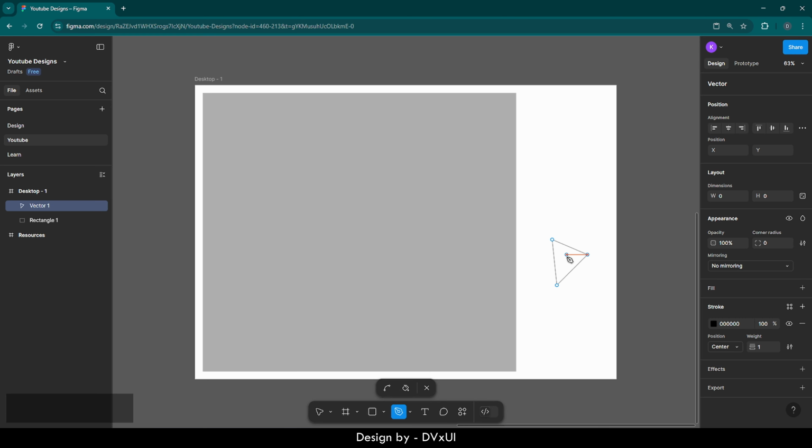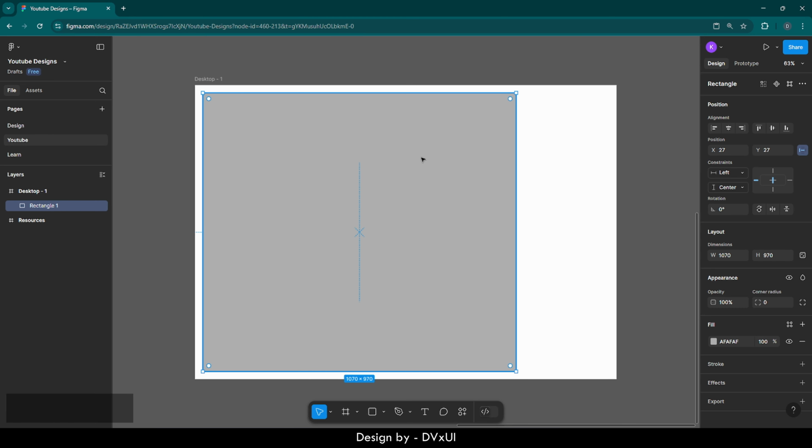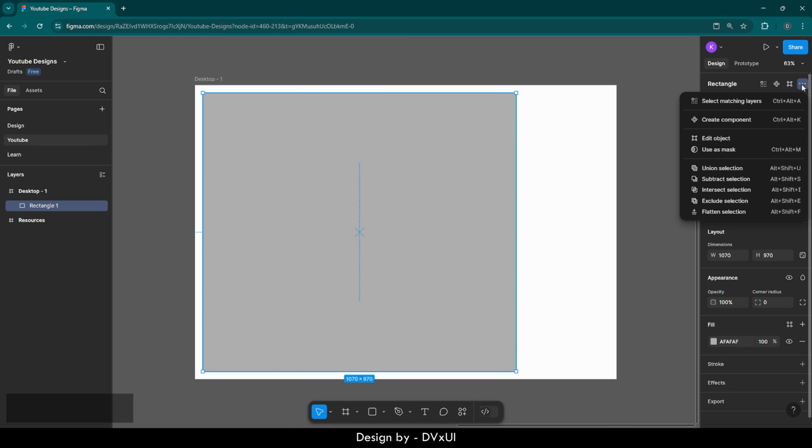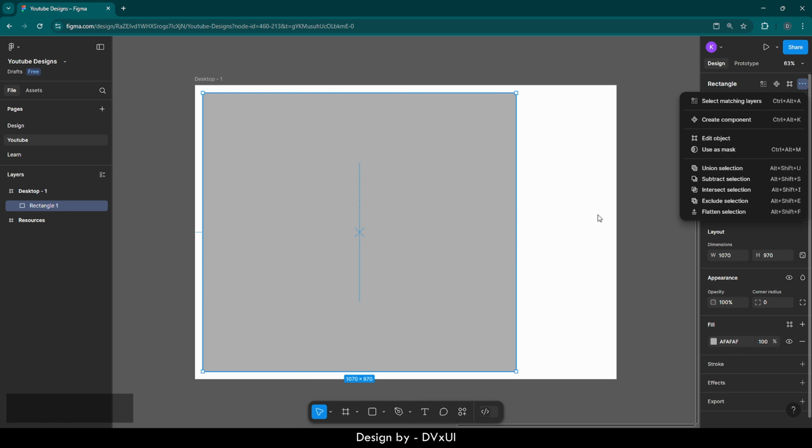So this vector part I have shown on my website a lot of time, but this time I want to teach you about the union and the subtraction. So let me just go back and remove this. Now select my cursor, select this rectangle, and let me give you a quick peek. So if you click on these 3 dots, you will see some of the options over here. So you have union, subtraction, intersection. These all comes from the Venn diagram. If you have seen the Venn diagram in mathematics, it will be very clear for you to understand